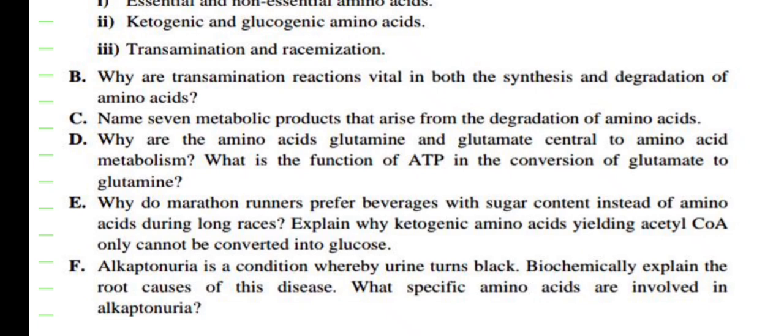Pyruvate will directly form acetyl-CoA, which can undergo the Krebs cycle and produce NADH and FADH2, and those are used in the electron transport chain to form ATP. So glucose will provide the much needed energy in a very short period of time because glycolysis is very fast. Now, why do you think marathon runners would prefer sugar content food instead of amino